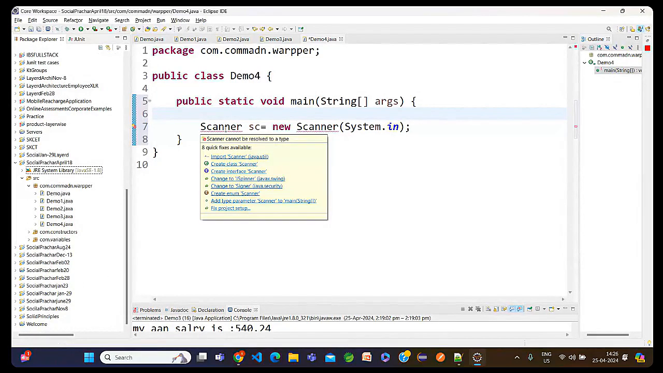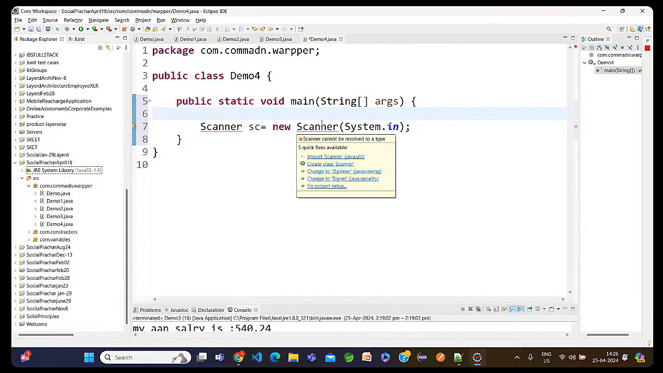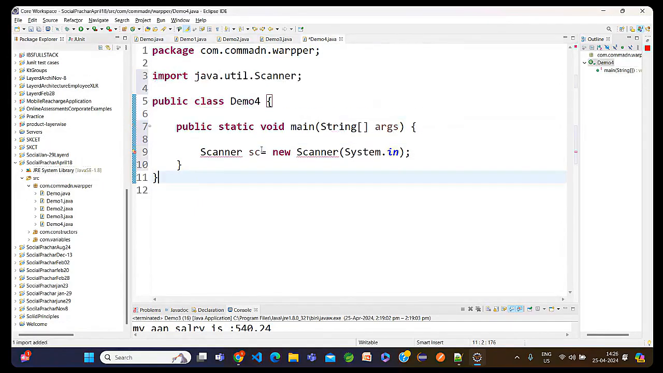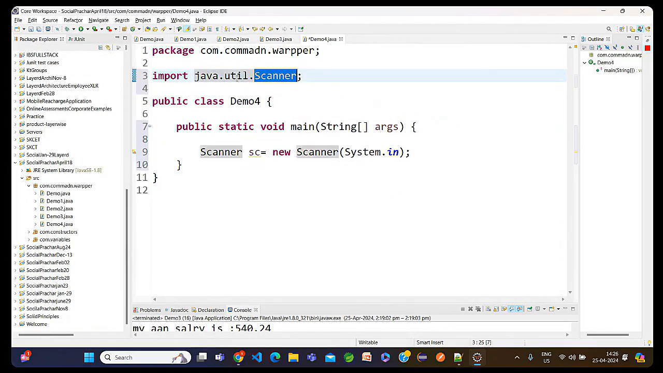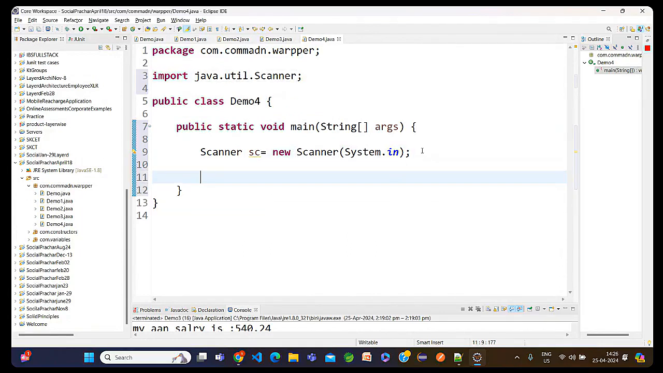First statement, observe it. We have some shortcuts. Control shift O. Sorry. Now control shift O automatically imports here. Scanner class is present in java.util package. Okay, now I imported. Now if you want to do addition of two numbers, first I need to enter one